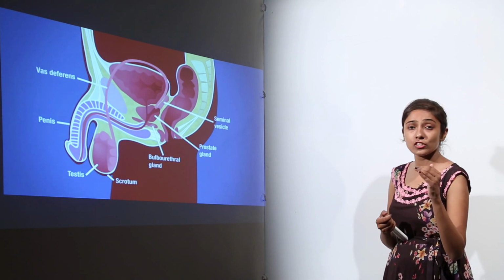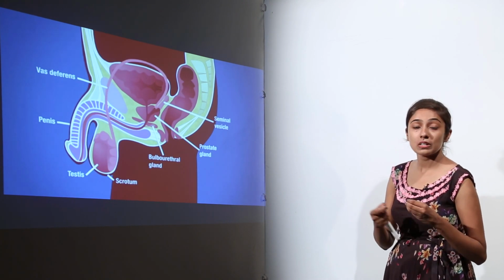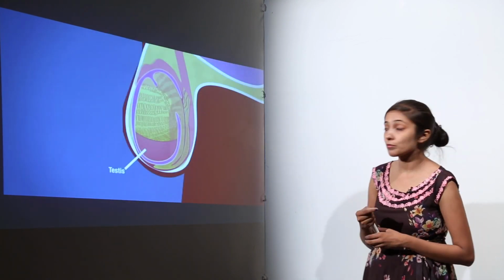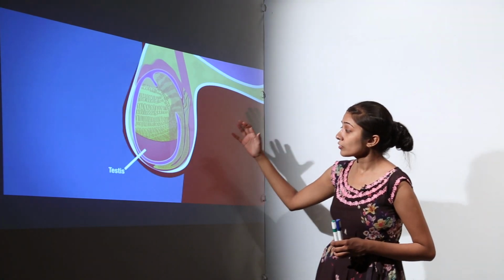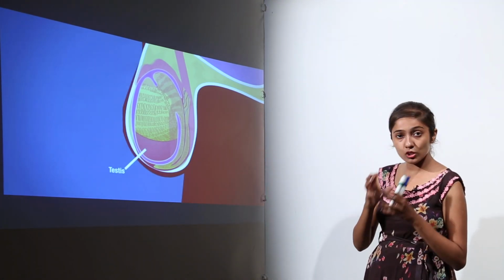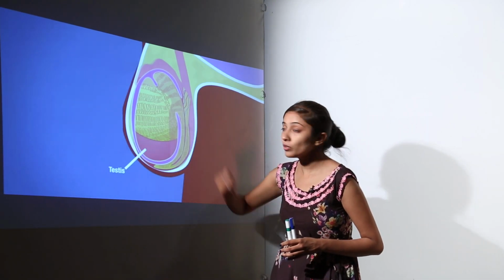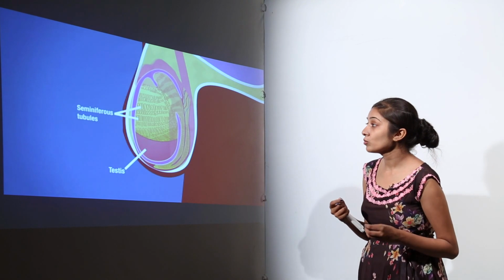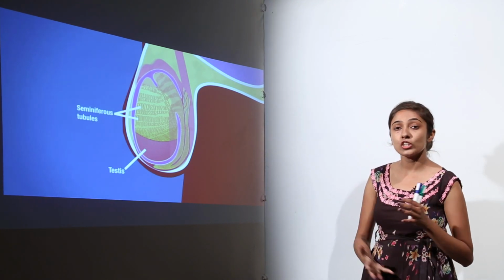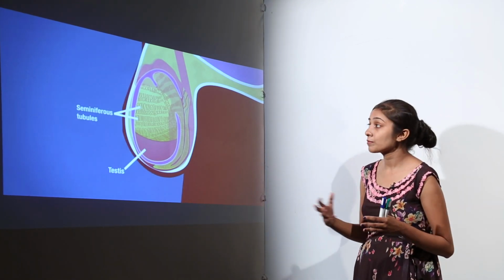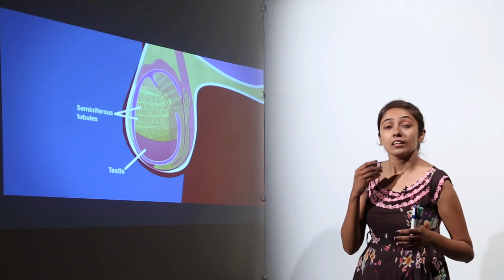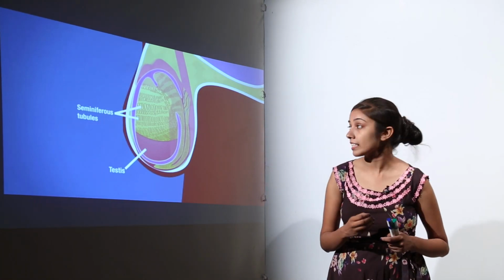Now this can actually give you a view of how the sperms are there and what is the pathway of the sperms. This is one. So testes, they are there in the scrotum, the pouch like structure, and inside the testis we have these seminiferous tubules, right. These seminiferous tubules, they have majorly two types of cells. They are the spermatogenic cells and the Nernst cells or Sertoli cells.